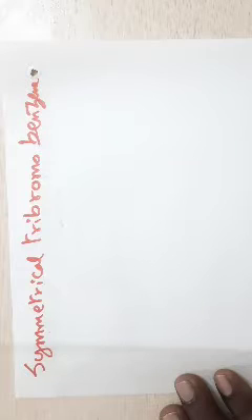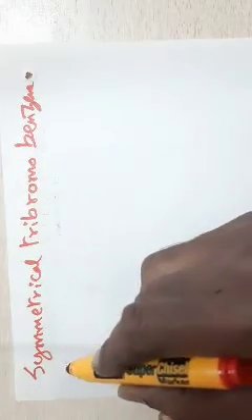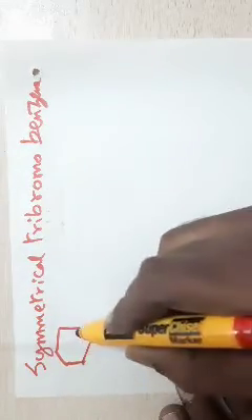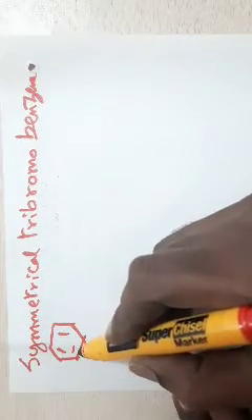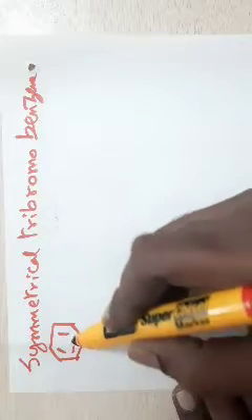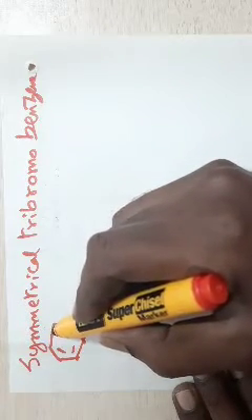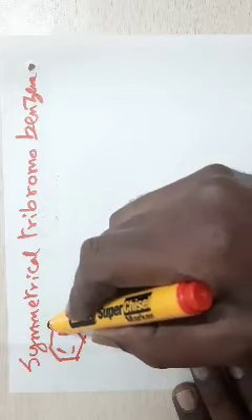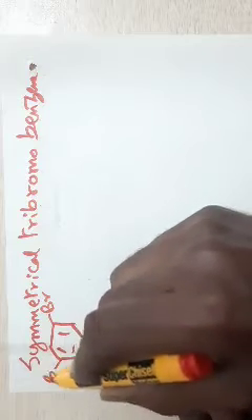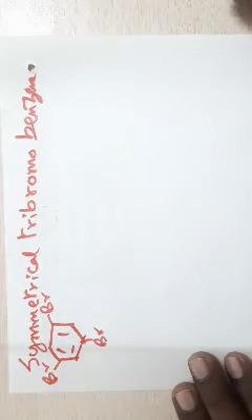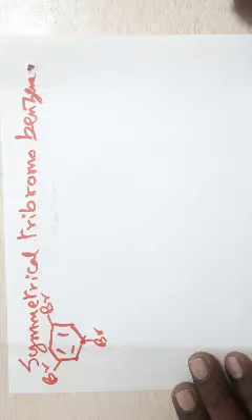See, this molecule, namely symmetrical tribromobenzene, has a structure like this. Benzene itself is a symmetrical molecule. Then, if it is a symmetrical tribromobenzene, means the three bromines are substituted symmetrically. So, if the substitution is like this, then it is your symmetrical tribromobenzene. How can we synthesize this molecule?